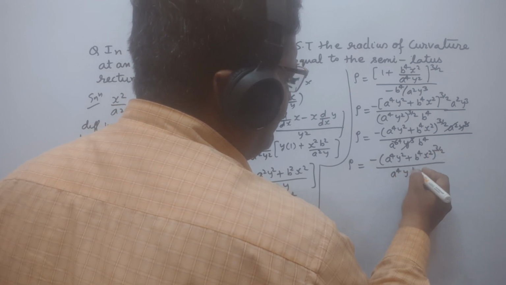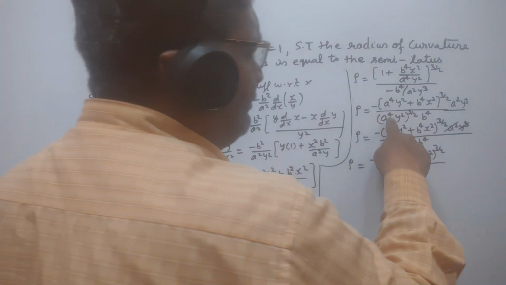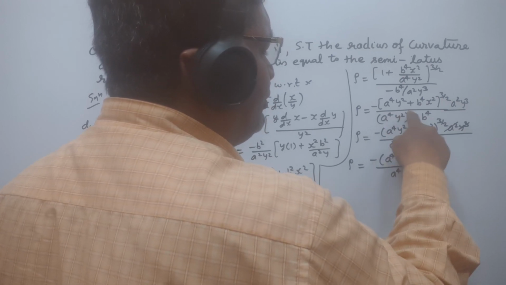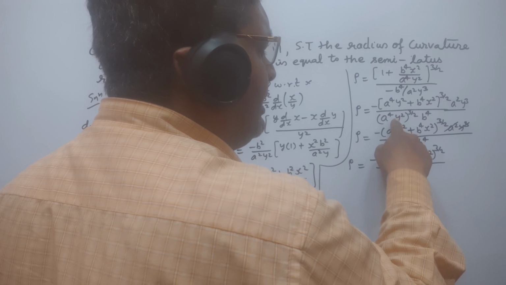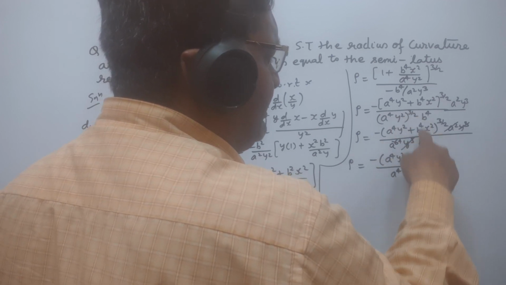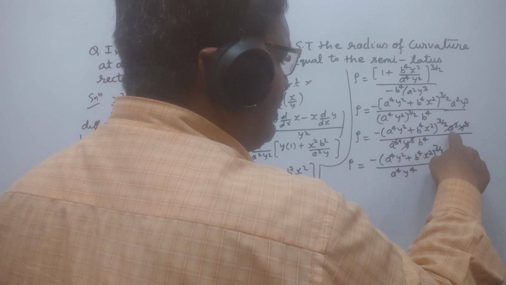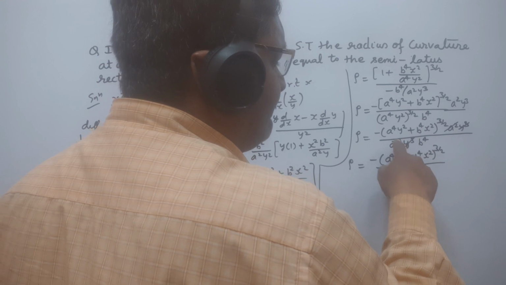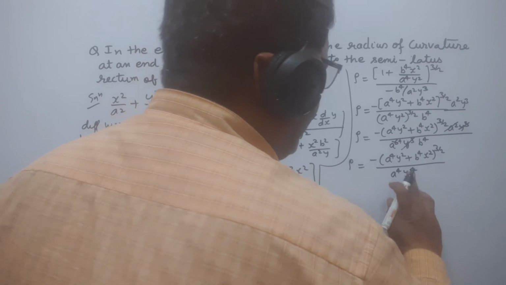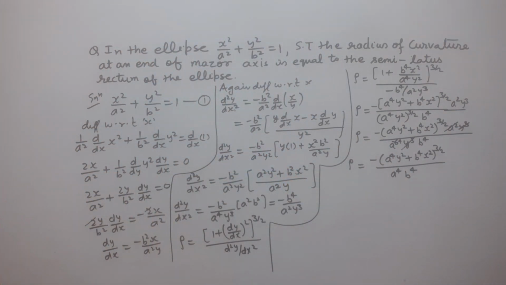आप देख सकते हैं यहाँ पर a to the power 4 की होल पावर 3 by 2 है तो इस 4 को 2 से कैंसिल करेंगे 2 to the 4 होगा और 2 को 3 से मल्टीप्लाई करेंगे तो a पावर 6 होगा, y स्क्वायर की पावर 3 by 2 करेंगे तो 2 पावर कैंसिल हो जाएगी, ये y क्यूब हो जाएगा और ये b की पावर 4। अब आप देख सकते हैं न्यूमरेटर और डिनोमिनेटर से y क्यूब कैंसिल हो जाएगा, a स्क्वायर इस पावर 6 से कैंसिल होगा तो यह पावर 4 बचेगी और ये b की पावर 4 हो जाएगा। This is equal to b to the power 4.